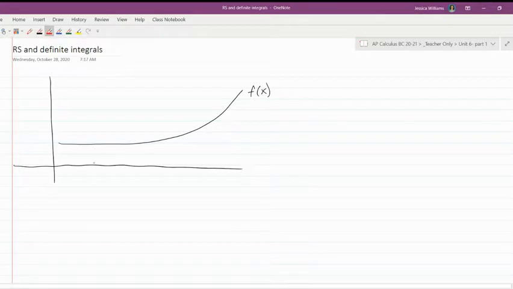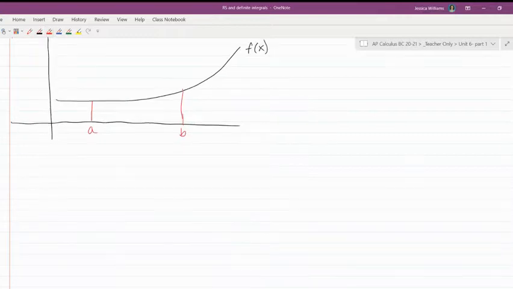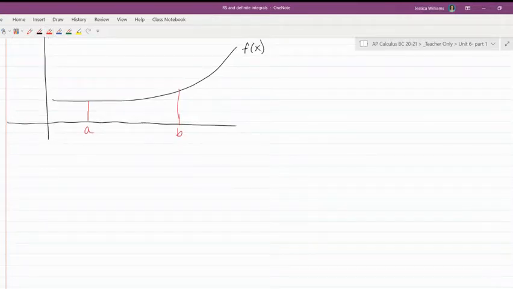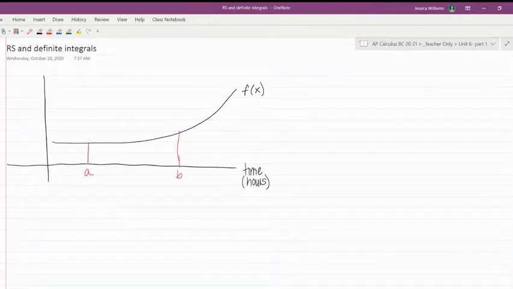So I drew a random squiggle. It's f of x. I'm going to start it here at A. I'm going to stop it here at B and say that that's the area I want to approximate. Let's put some context in this one. Let's all make believe that this is a time axis that is measured in hours, and then let's pretend that this vertical axis is a rate of rainfall, because it's raining today, measured in inches